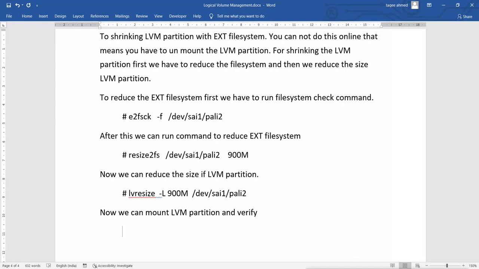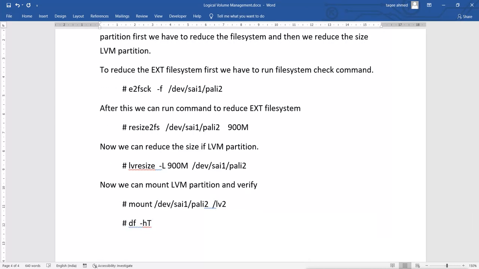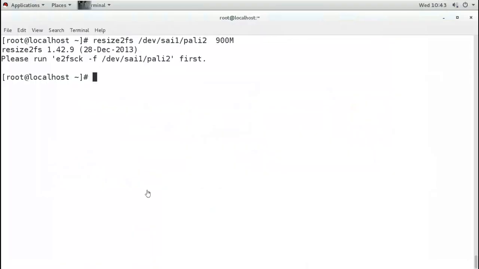So for mounting and verifying, we know the command mount, and then for verifying we always use df -T, or even we can use lvdisplay also, but it will not show you the real scenario. It will show only the LV size.